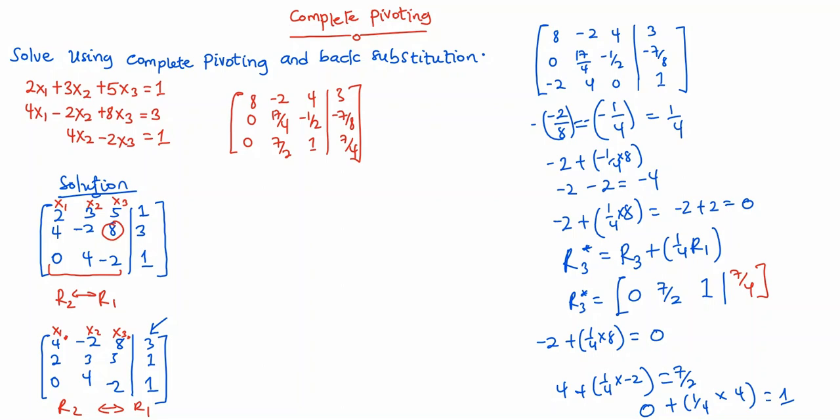So now what you have to do is get another pivoting element, and then use that to eliminate the value below it, or make the value below it 0. So let's look at how you are going to do this. One thing you have to know is that normally the pivoting element must be on the diagonal. You see that our first pivoting element was 8 and it's on the diagonal. So the next one has to be on the diagonal, and it will have to be here so that you can eliminate the value below it, so that you get our upper triangular matrix.